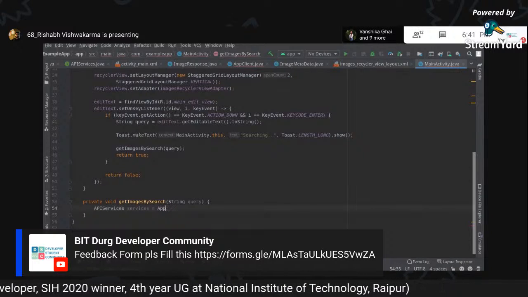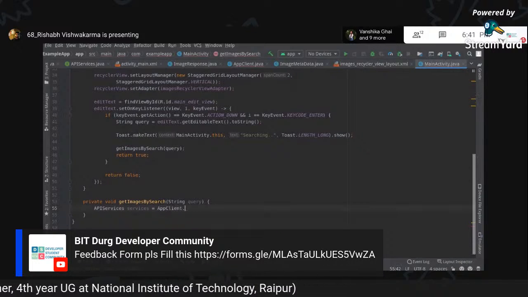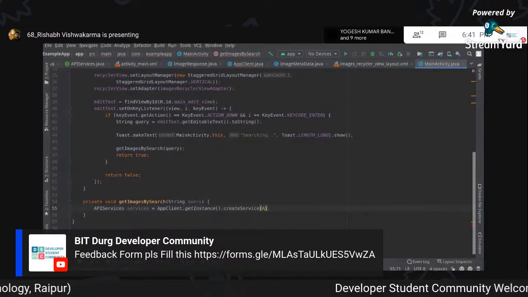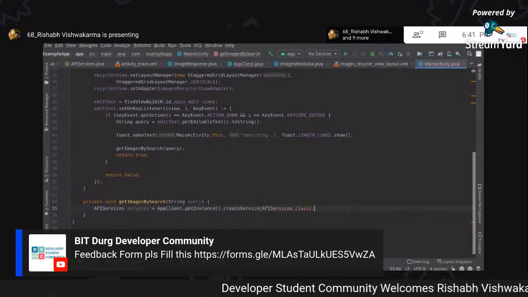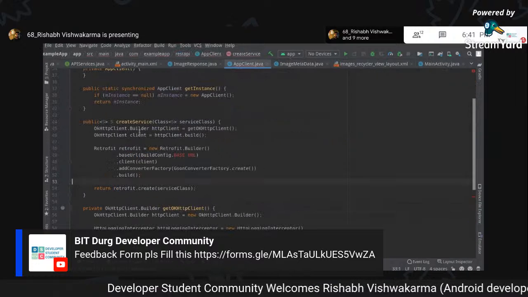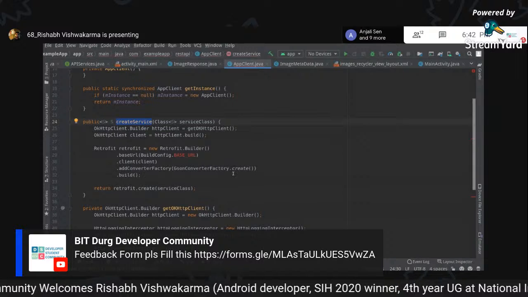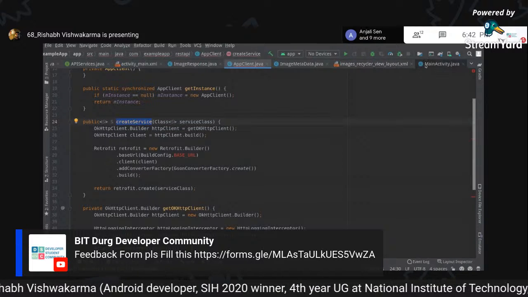App client. Sorry, that was app client dot get instance dot create service API services dot class. So basically we are just calling this function. Okay, so this is create service function, and it is going to give you a retrofit instance so that we can make our